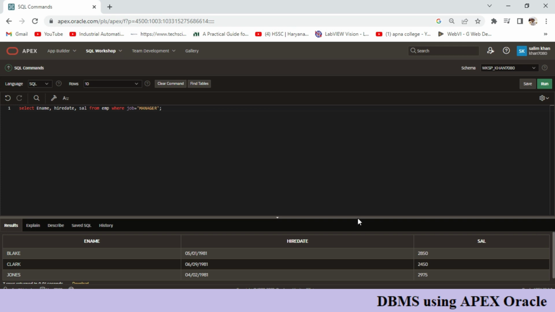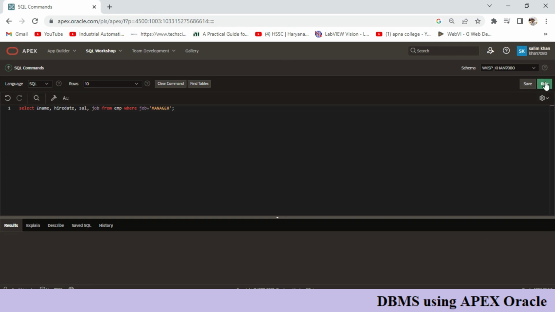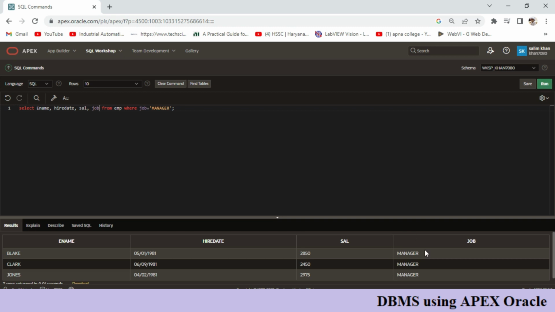Okay, if you want to print their job also, just put a comma over here and job. So when you hit the run button, it will give four columns, including the job. These guys are managers, as the job says. Okay, so now we use the where command over here, and if you want to work with another command,